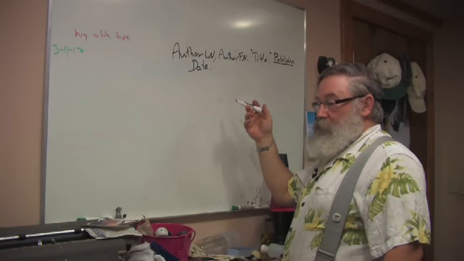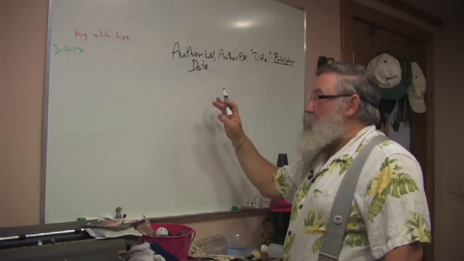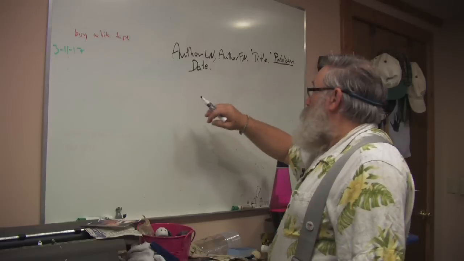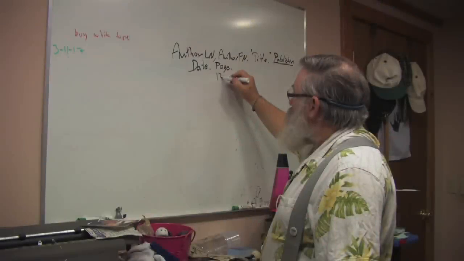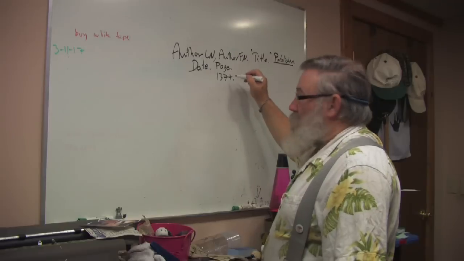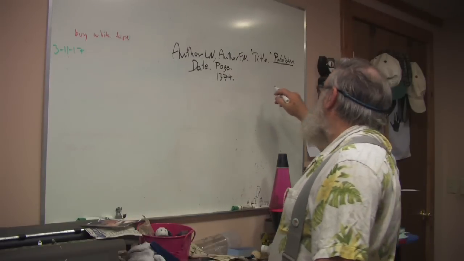Then the date, and you use whatever dating system the journal uses. Sometimes they don't date it at all, they just have volume numbers, and you just go with whatever system they use, so we know where to look for it. And then the page. So for example, if it runs over several pages, you would use that plus mark indicates to me that the page is following that.